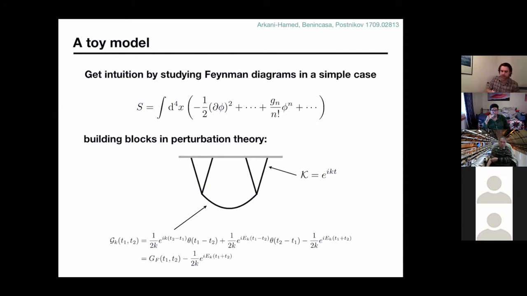Okay. And it turns out this bulk to bulk propagator has a piece which is very familiar, which is just the normal Feynman propagator. And then it has a piece that imposes or enforces the boundary condition that when I take either T1 or T2 to 0, this propagator vanishes. And so I've normalized things such that this boundary sits at T equals 0. So the bulk to bulk propagator vanishes when you take one of the points to the boundary. Okay, and that's just to ensure that the boundary conditions that I'm imposing continue to get obeyed by the nonlinear solution to the equations of motion. Okay. All right,